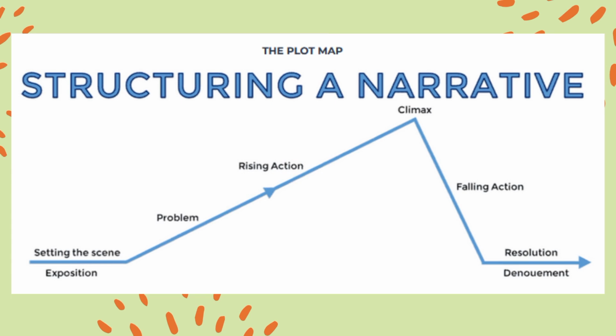As you can see, this graphic is known as a plot map. Nearly all narratives fit this structure in one way or another, whether romance novels, science fiction, or otherwise. It is a simple tool that helps you understand and organize a story's events. Think of it as a roadmap that outlines the journey of your characters and the events that unfold. It outlines the different steps along the way, such as the introduction, rising action, climax, falling action, and resolution, that help you to see how the story builds and develops.